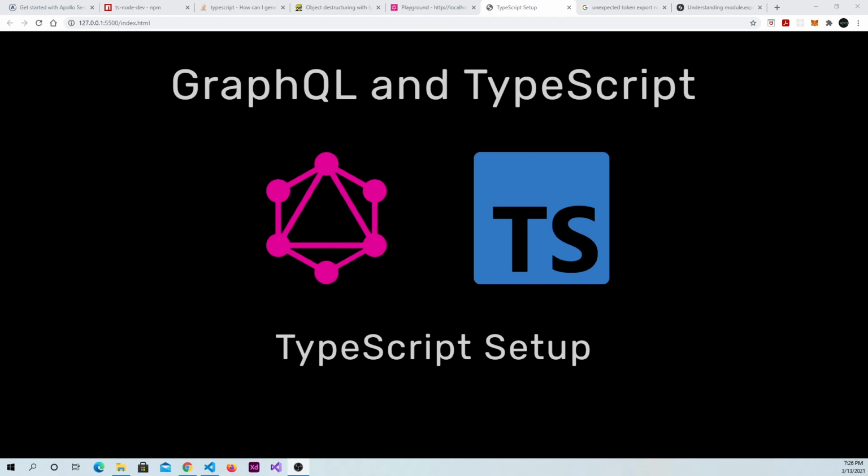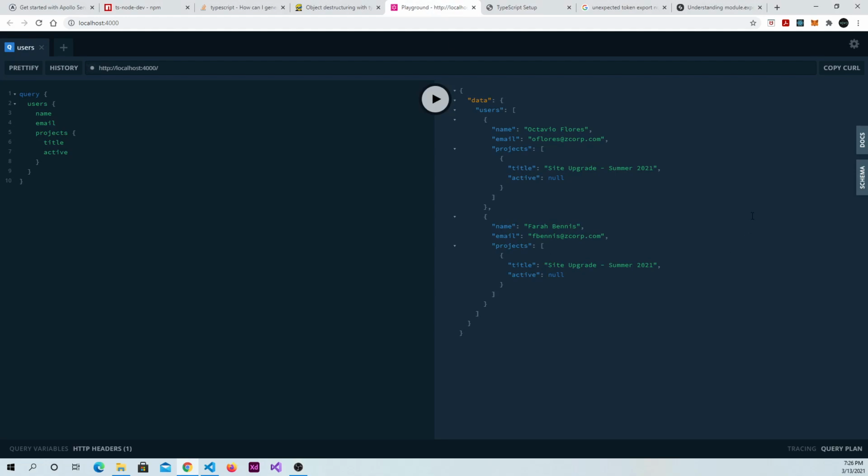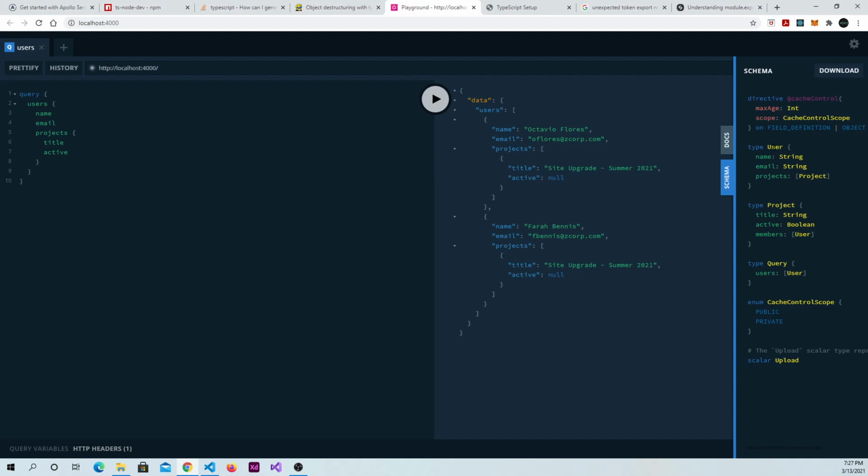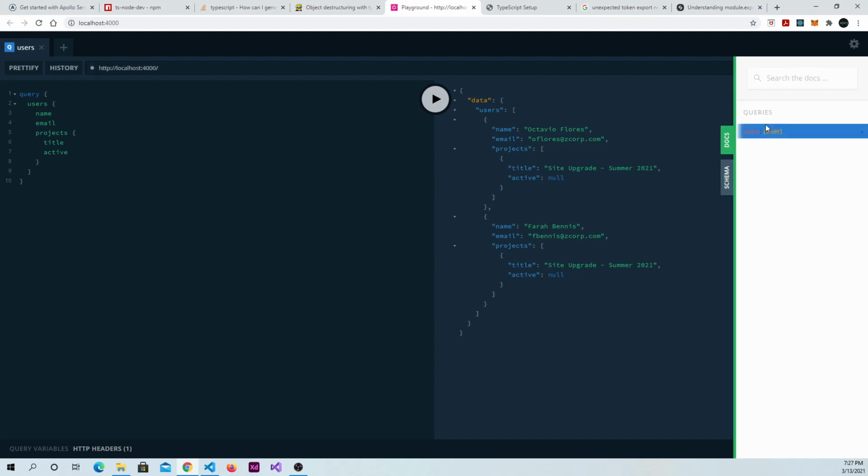So if you recall last time, and this is something I forgot to show you, in your GraphQL playground, you actually have access to your schema right here. You don't need to go back to your code editor and look at your typeDefs there. If you click on this tab, you can see you've got all of your types right here. And if you want to know what is available to you in terms of actions like queries and mutations, you can just click on docs and it'll tell you you just have this users query. Alright, but for now, let's go back to our code